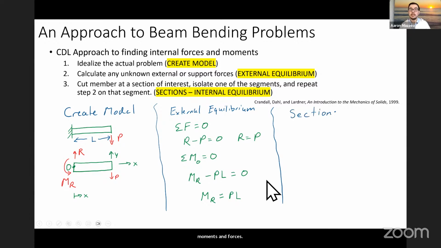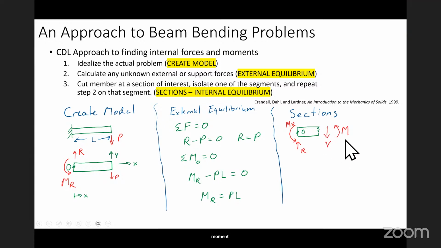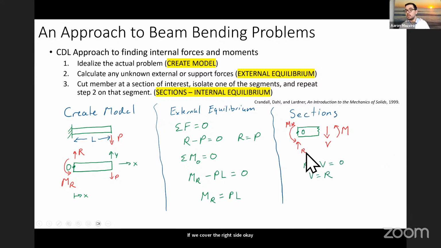So that is a different set of situations that we have described in this class using Hibbeler's convention, where if we cover the right side, we're going to have a vertical force going down, and we'll call that V, and we'll have the moment being counterclockwise if we cover the right side. Okay, and we can again use the same second law: the sum of the forces is going to be equal to 0,